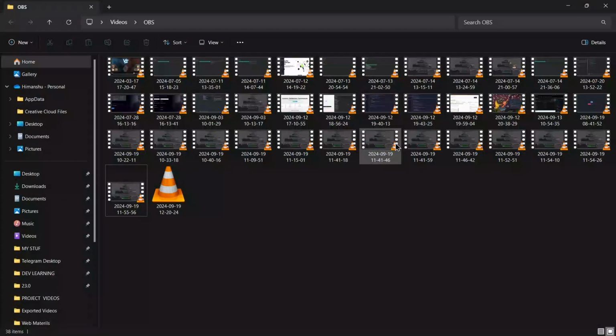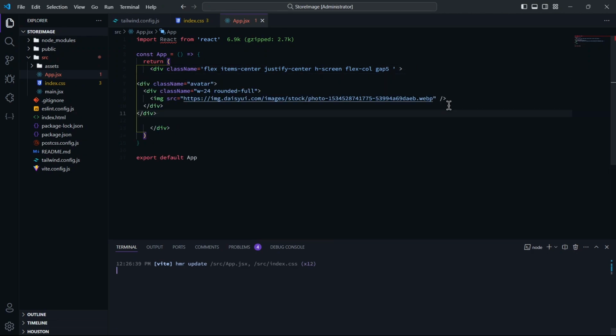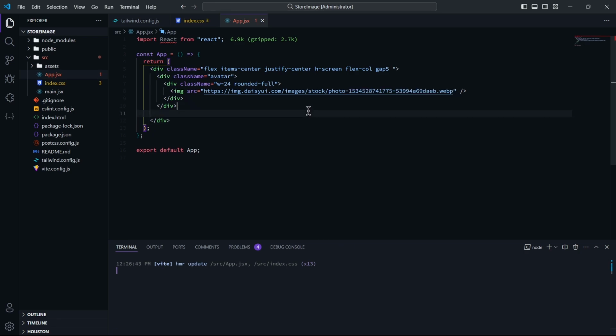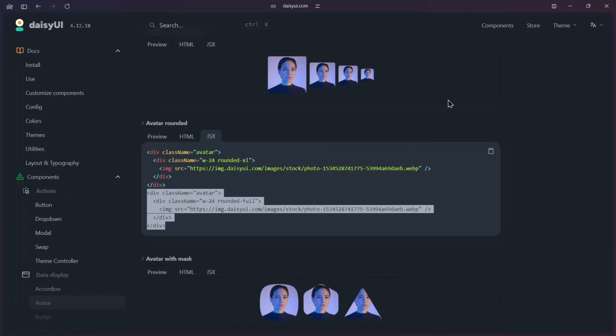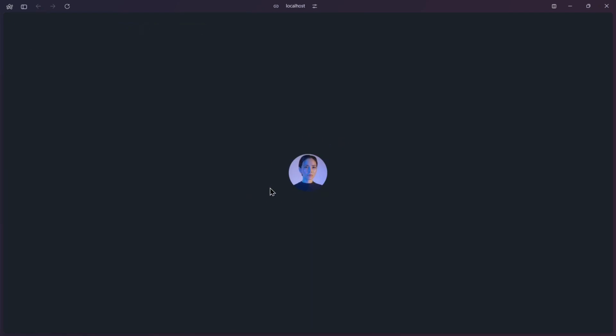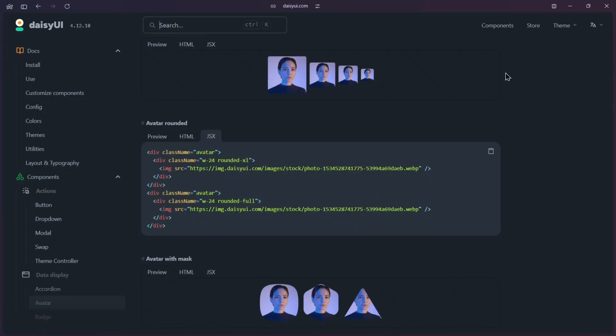Just copy this one and paste it here like this, and let's fix this indentation by formatting, and there we go. If we go back to our app, you will see there is a nice avatar, and we also want an uploader, like a file